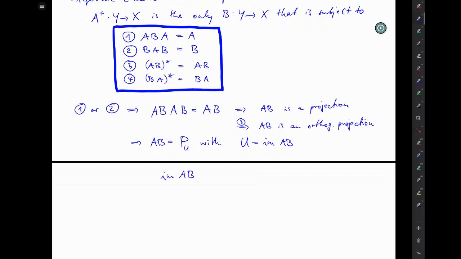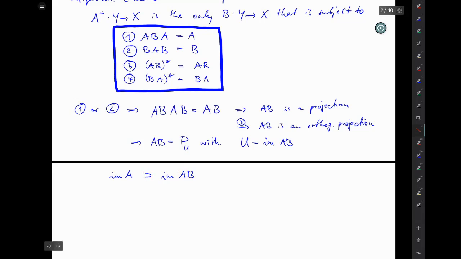The image of AB is contained in the image of A, because the image of A is the set of all outputs that A can produce if you allow arbitrary inputs, whereas here you feed A not with arbitrary inputs but only with inputs that B can output, right? Which of course limits this choice here and therefore possibly limits the outputs so that we have inclusion in this